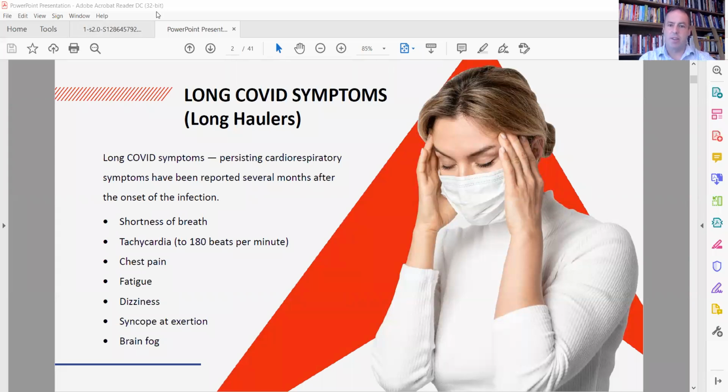is breathing during sleep. Another feature of long COVID can be tachycardia, and this is when the heartbeat is elevated to up to 180 beats per minute, even as a result of sitting or standing, as a result of postural orthostatic tachycardia syndrome. A feature can be chest pain, fatigue, dizziness, syncope at exertion, passing out in exertion, and